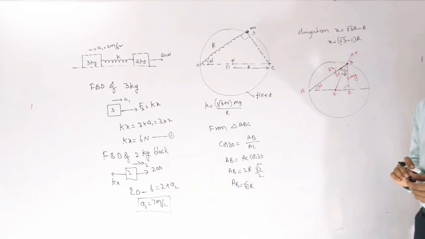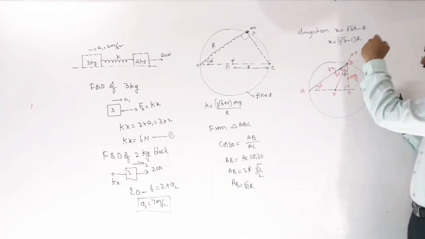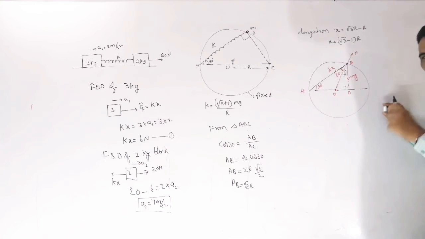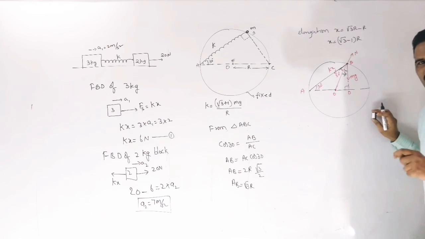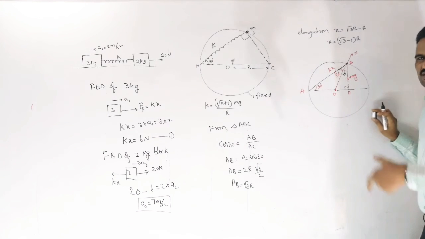So now let us resolve the normal reaction and let us resolve the forces along this radial direction and balance that. Because along the radial direction, there is no acceleration for that particle, it is at rest only, we are releasing it from rest. It is released from rest means there is no velocity. If the initial velocity is 0, then along the radial direction the forces should balance with each other. In detail about circular motion you will get that if any velocity is there, then there will be centripetal acceleration along the direction. If velocity is 0, then centripetal acceleration, which is equal to v square by r, will be 0. So the net force should be 0 along the direction here.